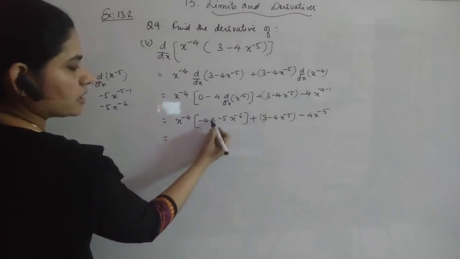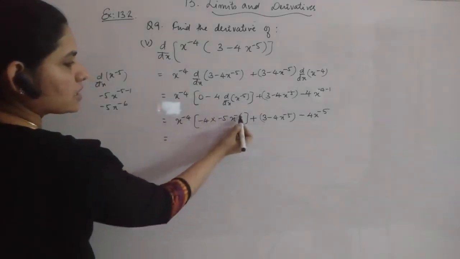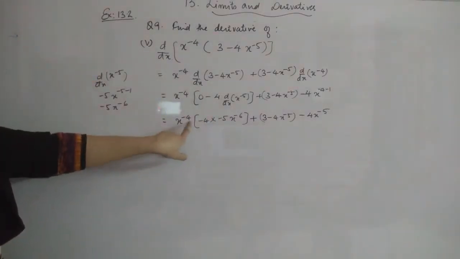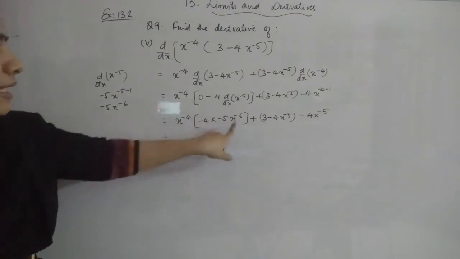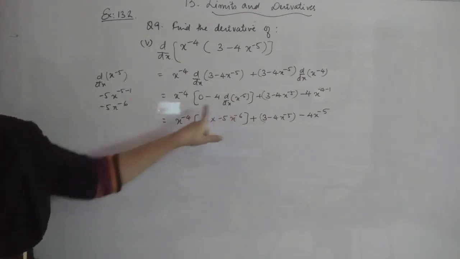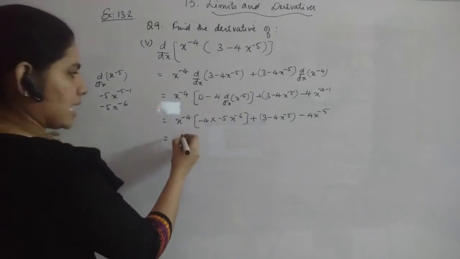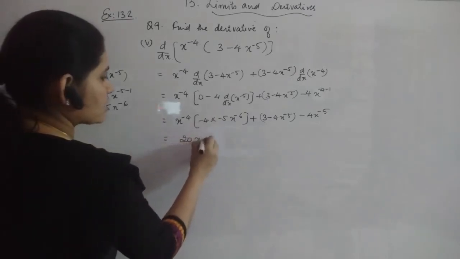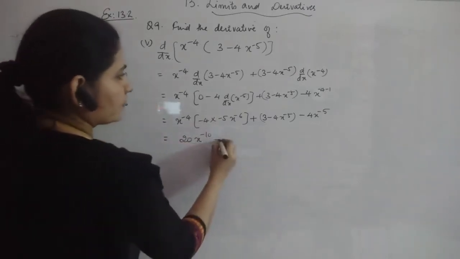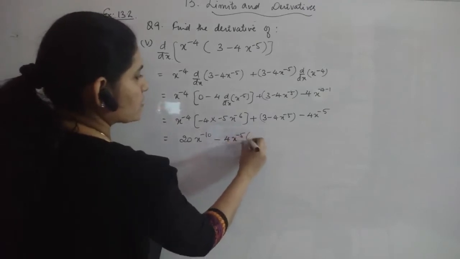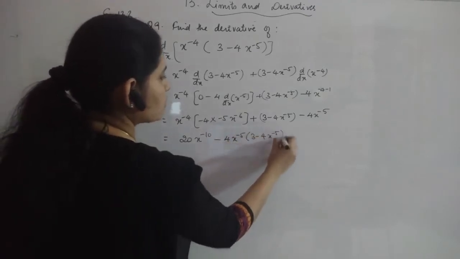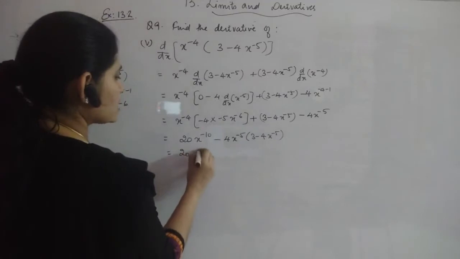This will become positive 20, and here you just see the power, here it is minus 4, here it is minus 6. So multiplying, again base is same, you can add the powers, it will give you minus 10. So it is 20x raised to minus 10, minus 4x raised to minus 5 into 3 minus 4x raised to minus 5. So 20x raised to minus 10